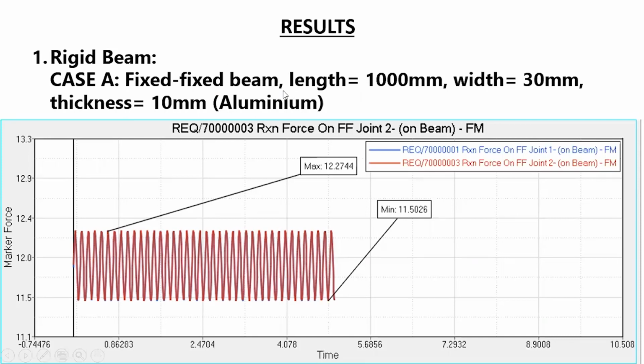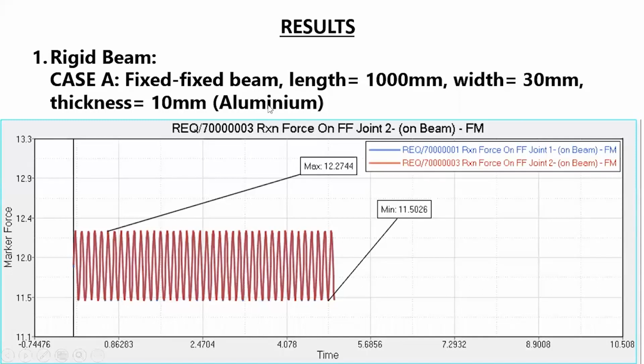I think I forgot to mention that there will be two kinds of beams considered in terms of materials. An aluminum beam will be considered, and a mild steel beam will be considered. For both cases, the rigid beam analysis and the flexible beam analysis. So for the first type of result, we see that for the fixed beam,